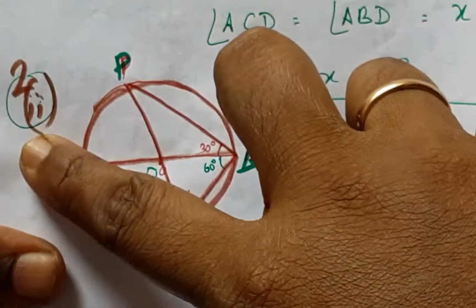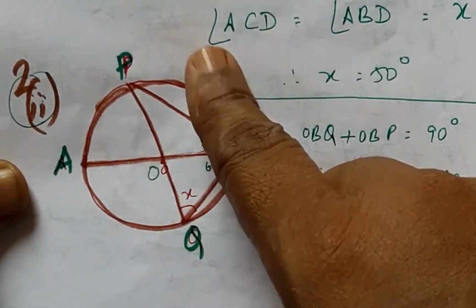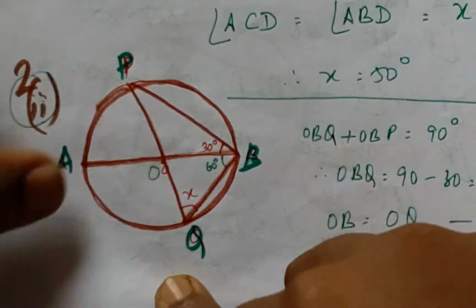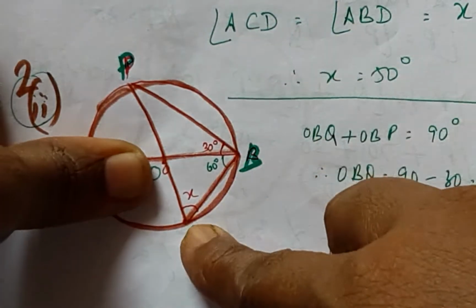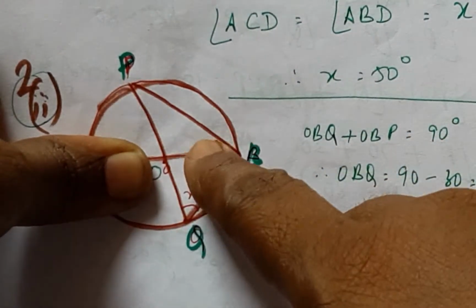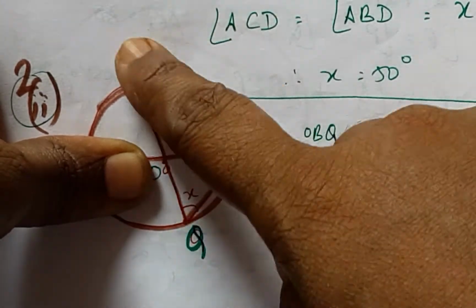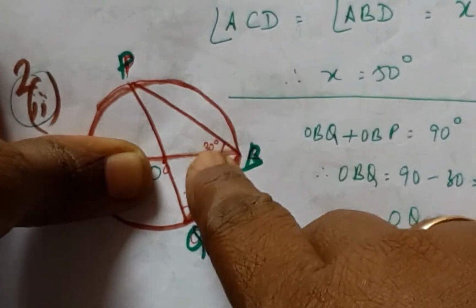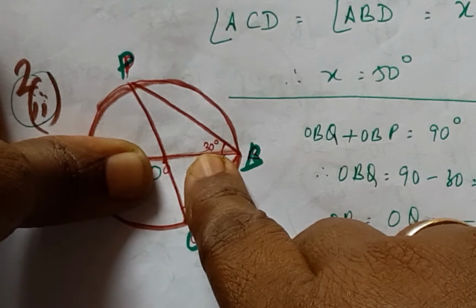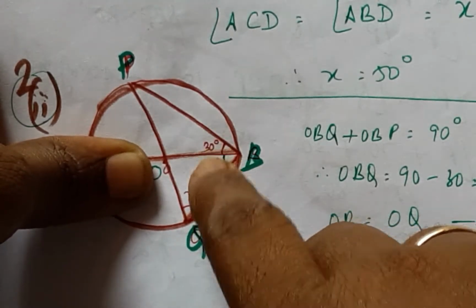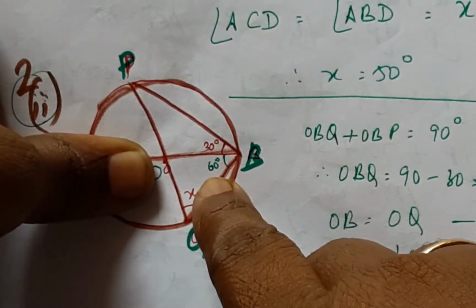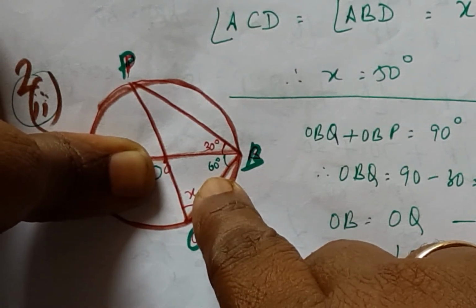In this second question, second bit, to increase the confusion, two diameters have been given, nothing else. Now just close this diameter and watch out for the POQ diameter. It subtends an angle of 90 degrees on any point on the circle, and X has been given and this has been declared as 30. And from this hint we can arrive at this being 90 minus 30 would be the complementary angle 60 degrees.